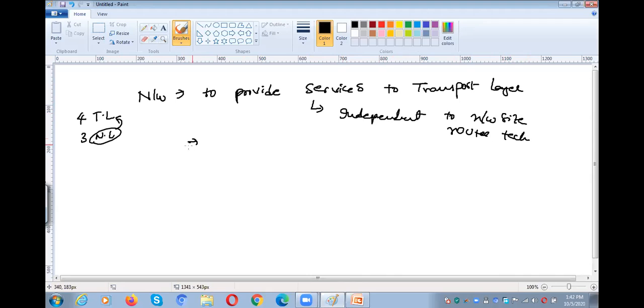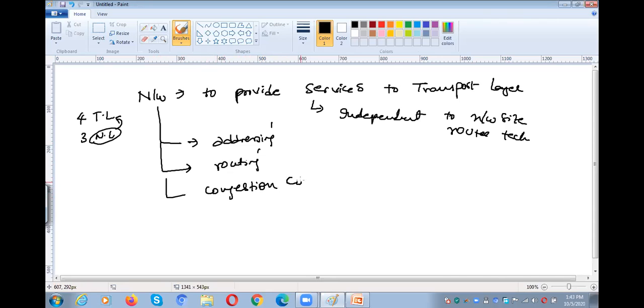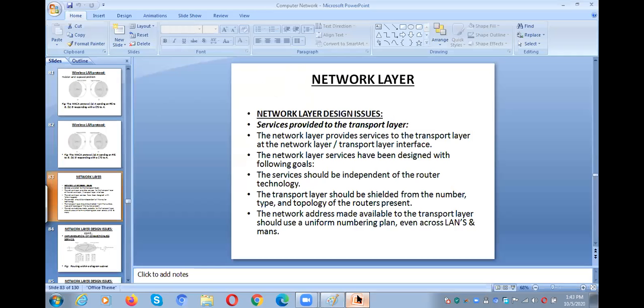And then another responsibility, another design issue, is addressing. The next design issue is routing, and the next one is congestion control. All these are the responsibility of a network layer, right? It is a theoretical one. After that,